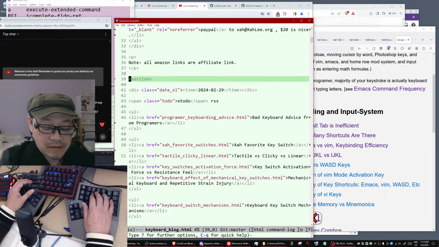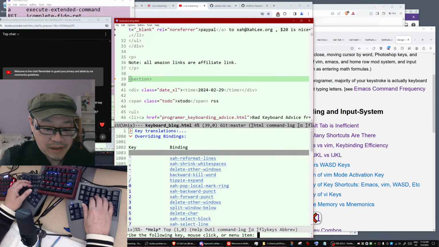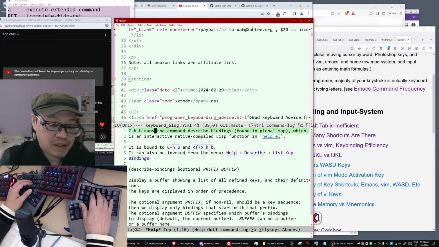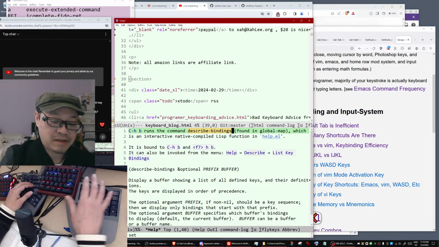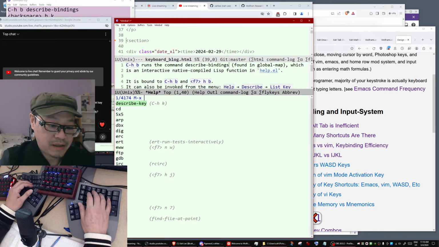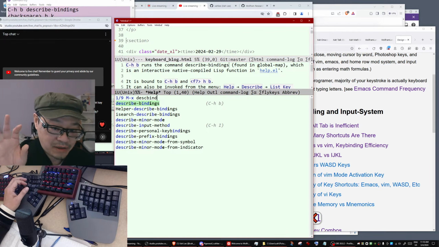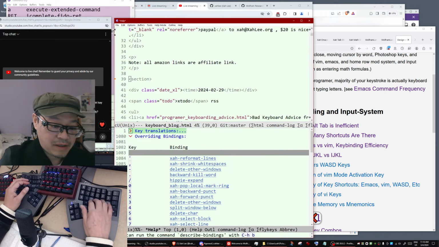Let's see, how do I show all the keys? Okay, you type C-h b. What is the command? Describe bindings. So you M-x describe bindings. Okay, let's try. Describe bindings, Control-h b. So you can see